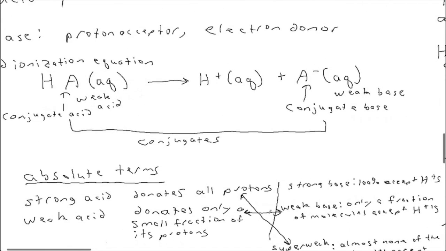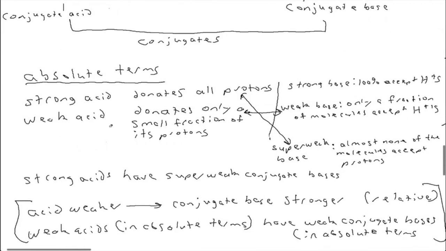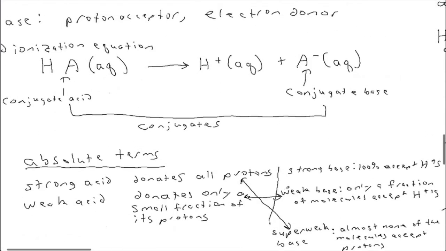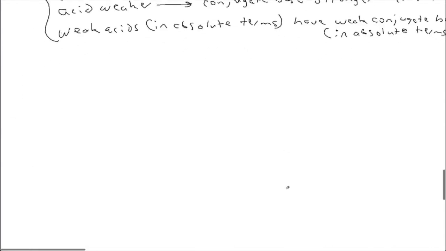So the point I'm trying to make here is the weaker the acid, the stronger the conjugate base. But that doesn't mean that the conjugate base is strong in absolute terms. Weak acids in absolute terms still have weak conjugate bases in absolute terms. They're each only reacting a fraction of the time. It's just that as you make the acid weaker and weaker, the base gets stronger and stronger in relative terms. Well, hopefully this will clarify as we go along. So to continue,